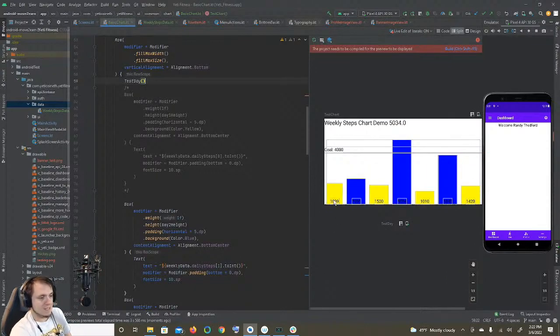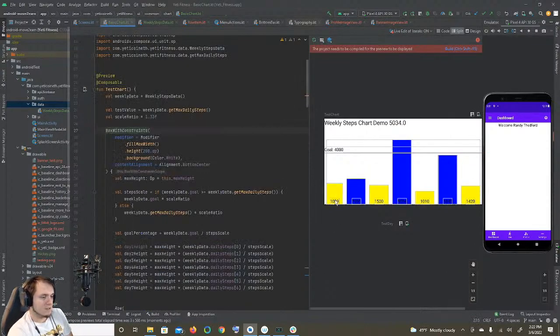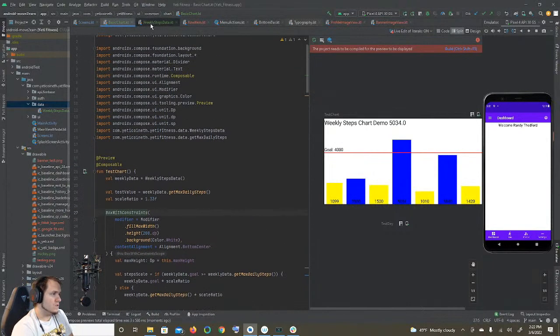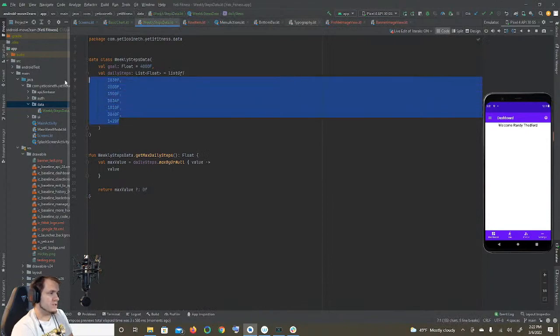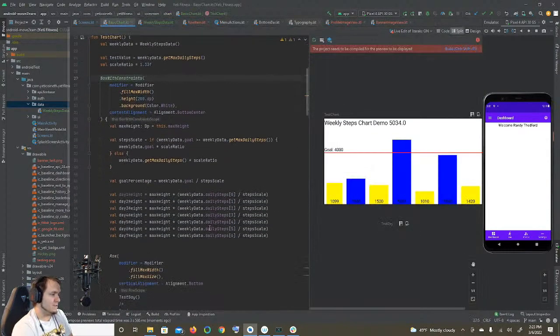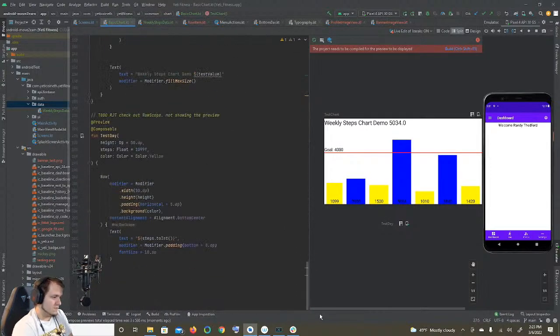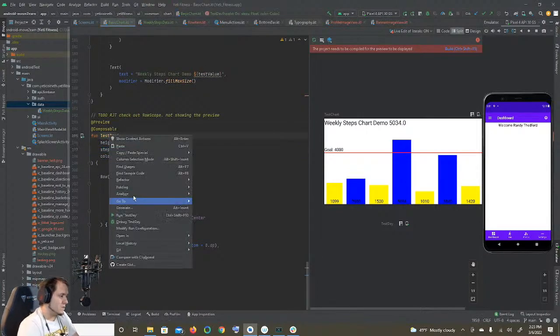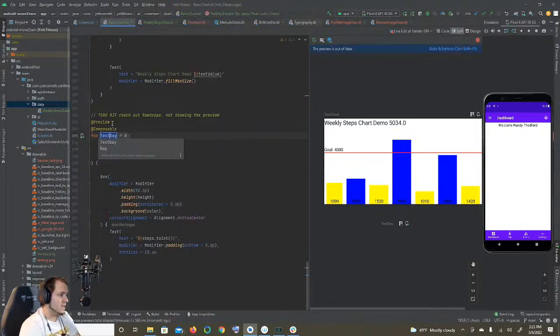But now it's the default yellow box with 1099, which is not any number in the default list at all. There's no 1099. It's pulling that number from right here, the default amount of steps inside this tool. So instead of test day, now that this is actually a thing, we're going to name this steps, day of steps,